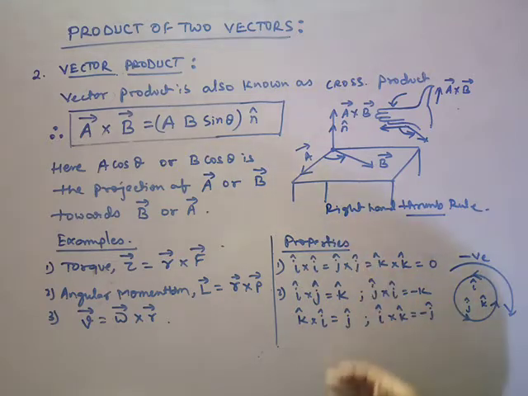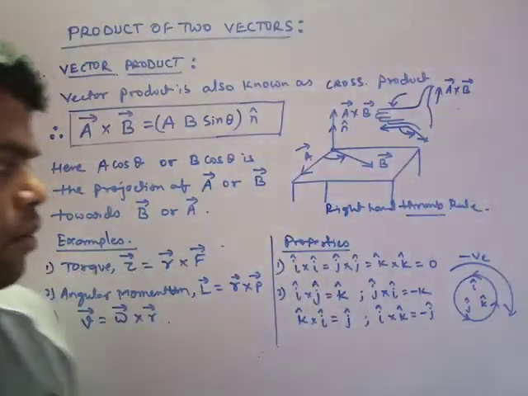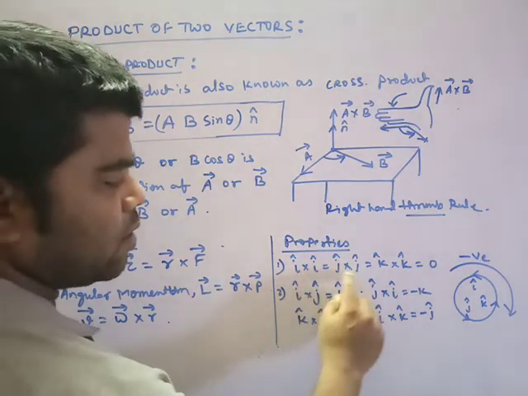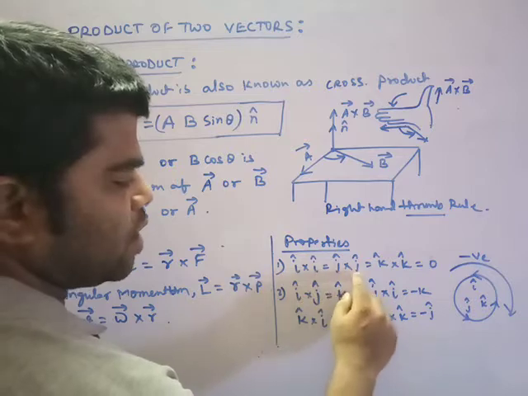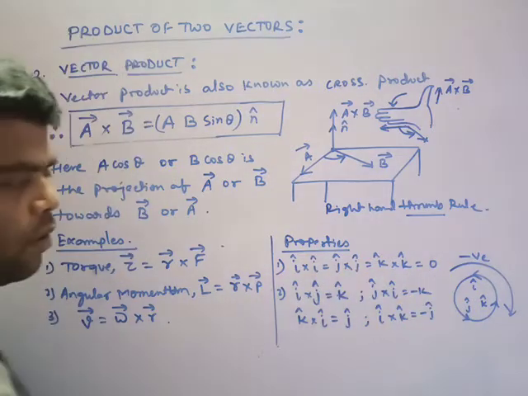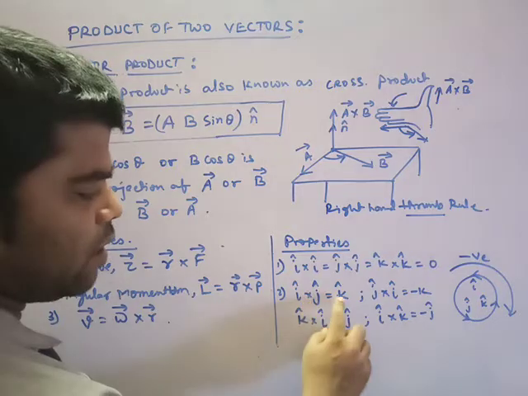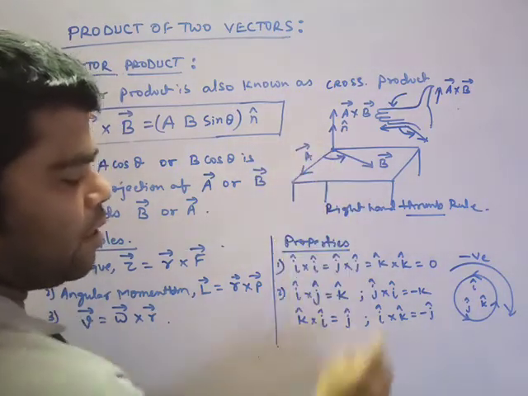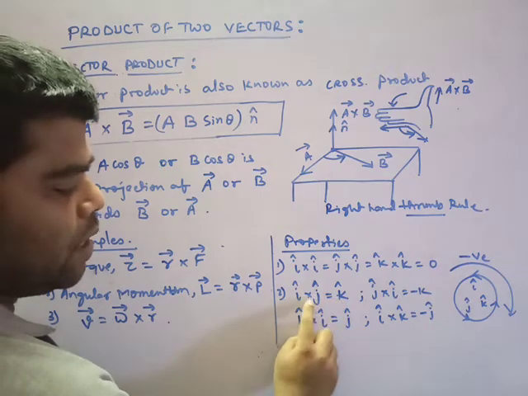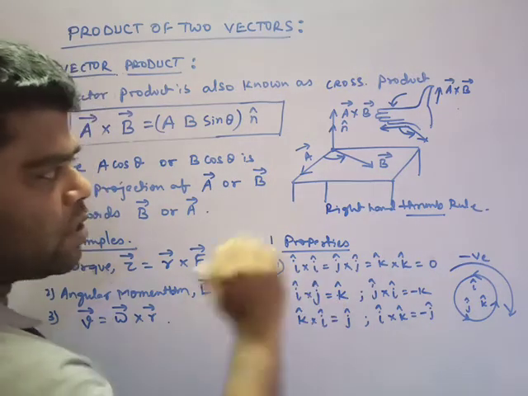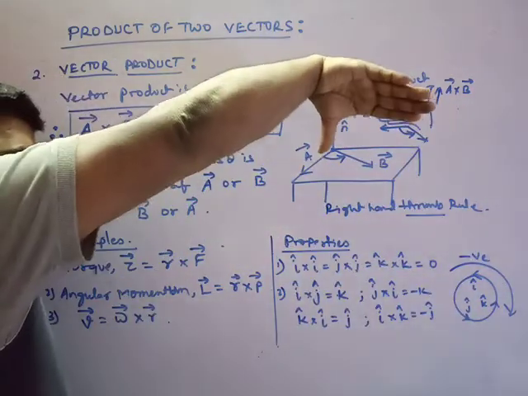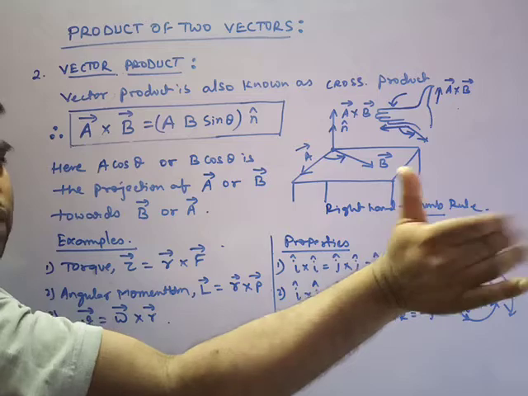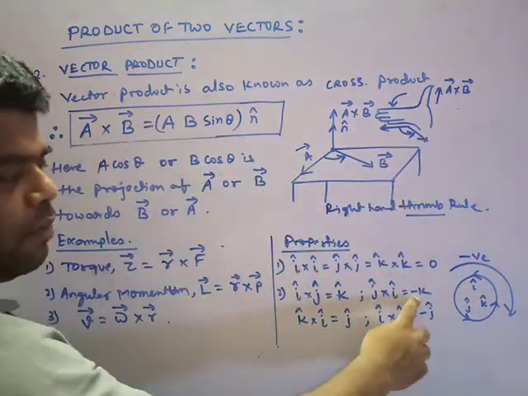Now some properties are also very important. Look here, similar orthogonal vectors when they cross, I cross I, J cross J, K cross K will give you 0, but dissimilar ones will give you the third one. If it is I cross J, then it will be K, so that is why K came in. But if I reverse it, B cross A, it will go downward. Earlier it was going upward, now it will go down. So that's why minus will come.